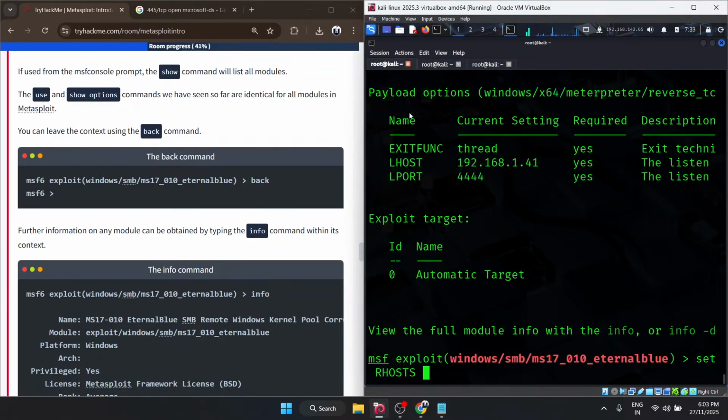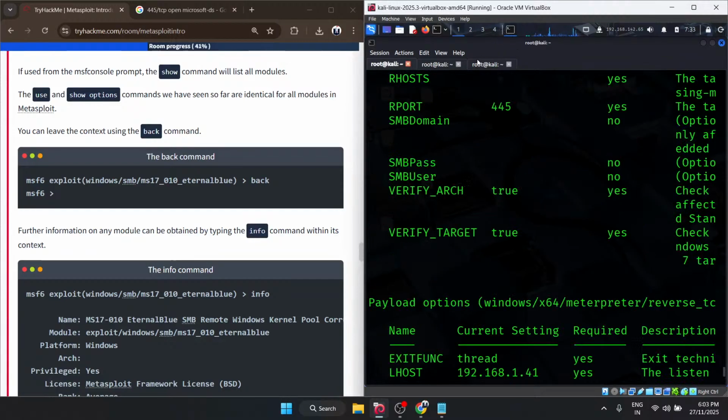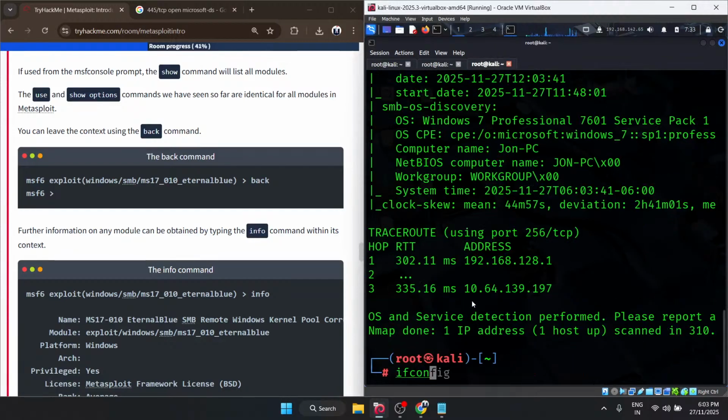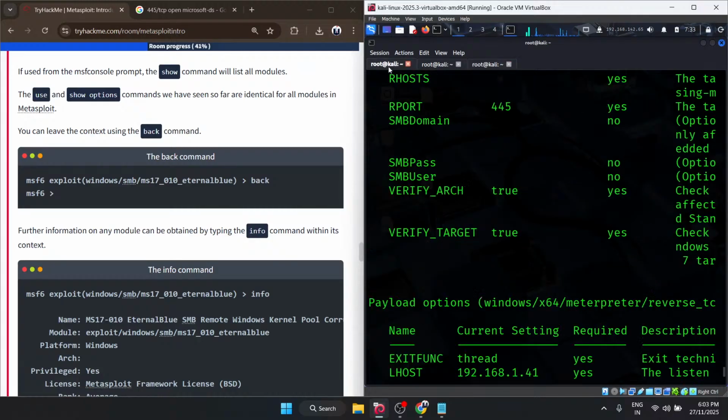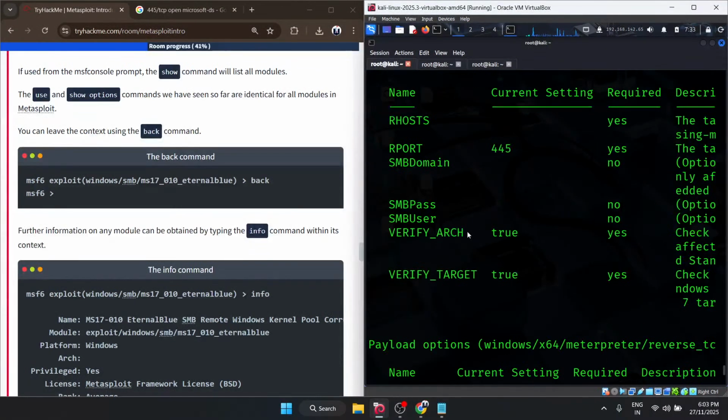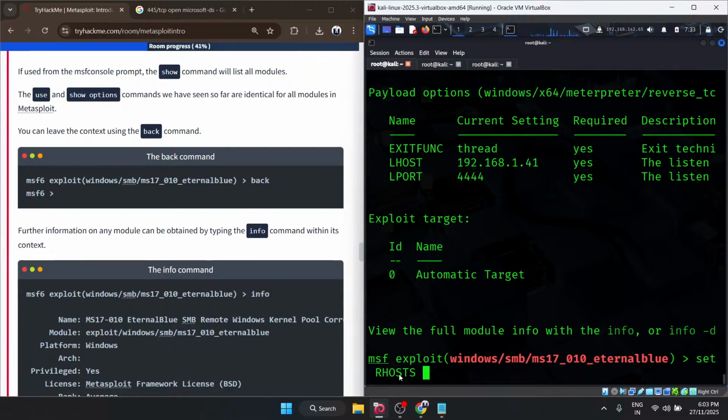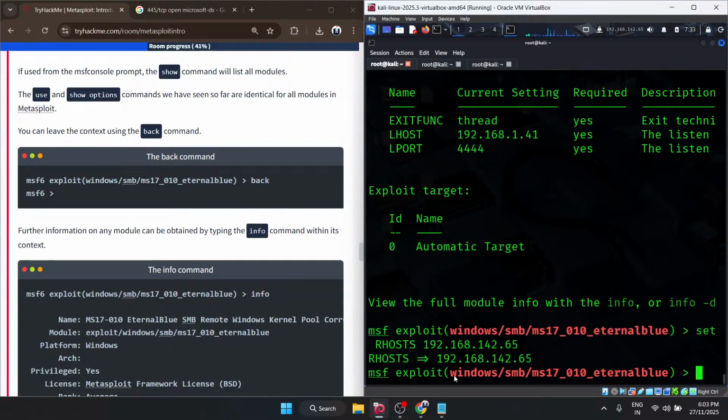Okay, how do we set the RHOST? First of all, we need the IP. I'm going to do ifconfig over here, and I'm going to pick my target IP. I'll tell you why it is called RHOST, and what LHOST is, tomorrow. Okay, I'm going to provide it with the information, set RHOST, and here I'm going to put the IP, enter, and then